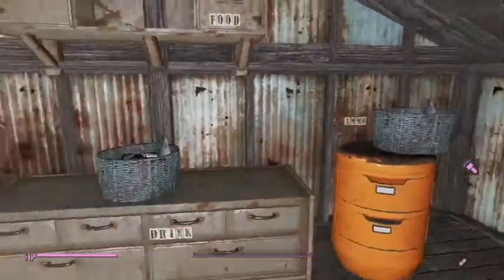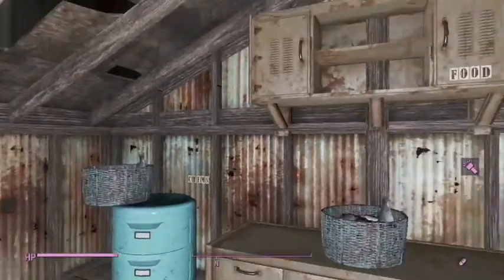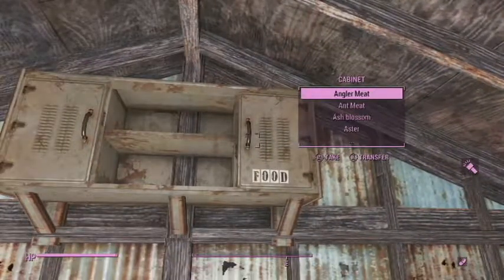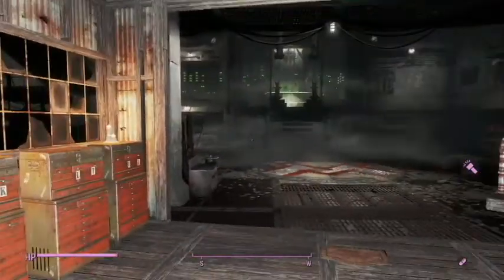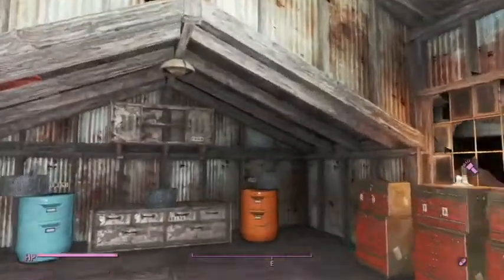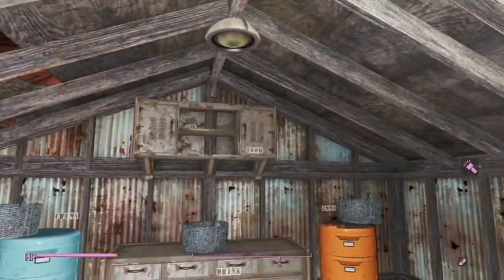I have all the drinks, all the ammo, all the chems, and the only food I had left to get was from Rad Chickens in Far Harbor, and I could not find any. I spent hours searching for Rad Chickens. I couldn't find one. The vendors don't sell the chicken meat, so it's like a raw chicken thigh, I think,